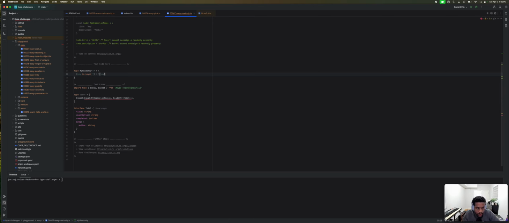Awesome. So right now, what we're doing is we're taking in whatever type that we pass in and returning it again. That's basically what it does. We need to do some manipulation for it to be read only. But I don't know how to do that. So